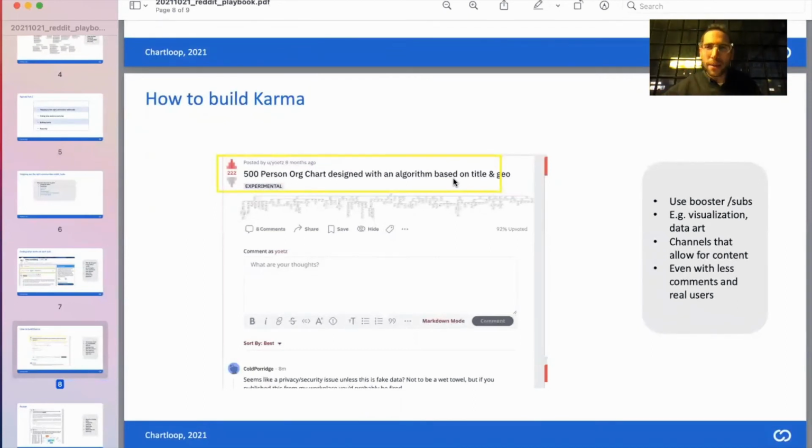Or for another example, would be subreddits about news. So if many people subscribe to that sub and you post something, your karma is going to go flying. So you can come into some of these subs and post something relevant to them, boost your karma, and then go start your posting on the more meaningful subs where you want to gain some traction. So that's in terms of how to build up your presence.